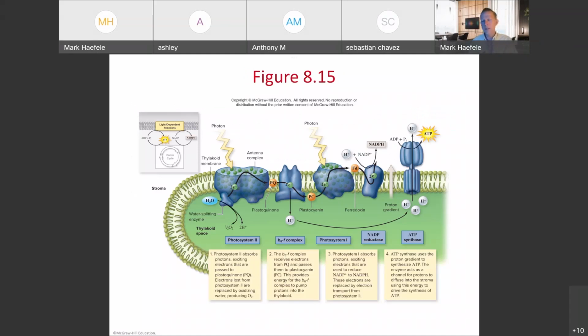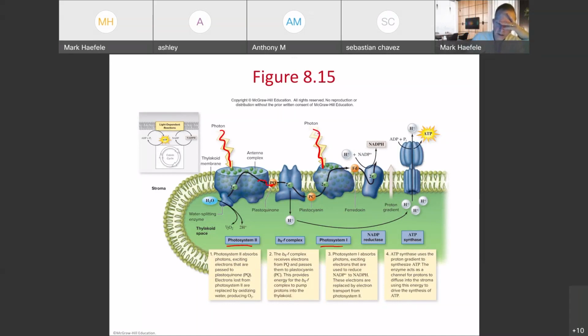So, they always say a picture is worth 1,000 words. And so that's kind of what this is here for. So here you can see your two photosystems, right? You can see Photosystem II, and then you can see Photosystem I in this particular case. And so these are going to be absorbing light, and they're going to be absorbing it at the same time. And so they're going to be activating their reaction centers,